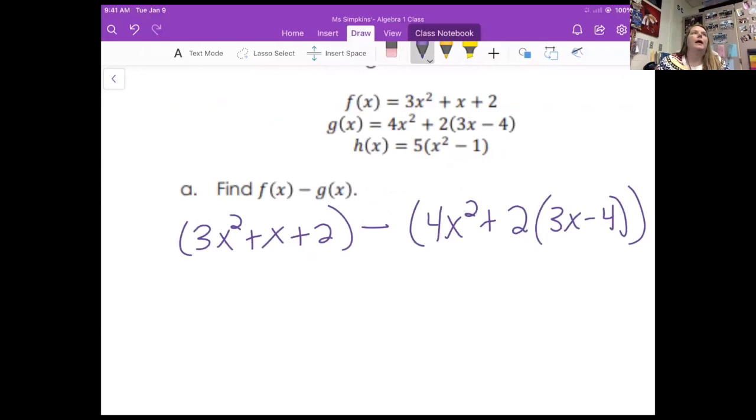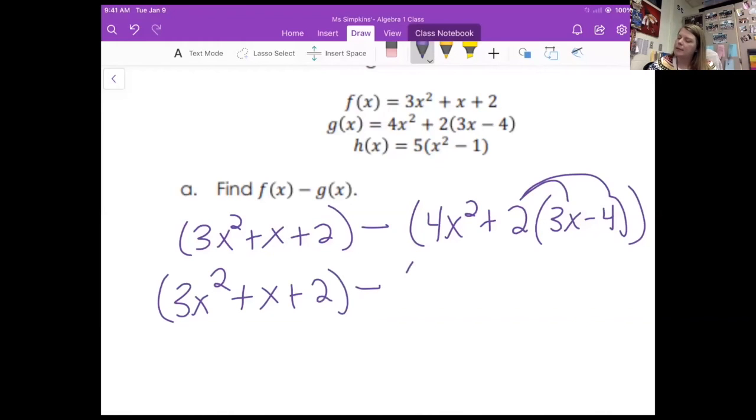Before I combine, I need to do one thing. What is it, Henry? Distribute the 2 with parentheses. Yeah, let's distribute that 2 inside that inner set of parentheses. So I still have 3x squared plus x plus 2 minus,